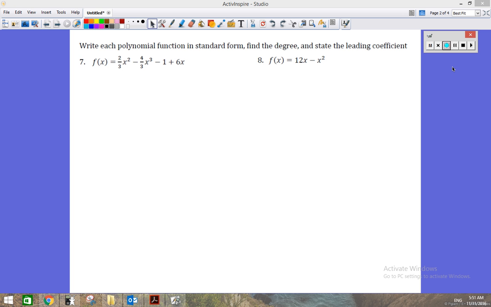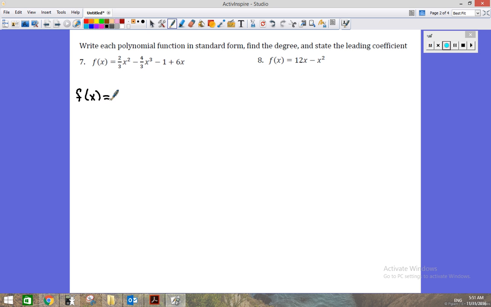Let's take a look at these problems in our Skill 4 review packet. We have here polynomials, and they want us to rewrite it if necessary in standard form, then to find the degree and identify the leading coefficient. So here in number 7,